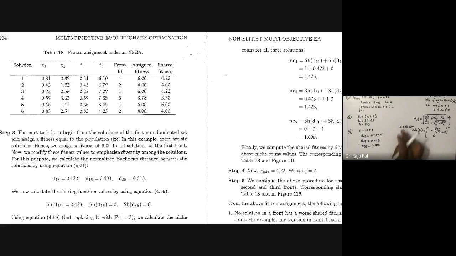Okay, this is okay. If d is less than sigma share, then we need to follow the first condition. Otherwise, we need to follow the second condition. In the first case, 0.120 is less than 0.158, which means d is less than sigma share, so the condition is true. It means we need to assign the fitness value by this formula: 1 minus the value of d, 0.120, divided by the sigma share value 0.158,